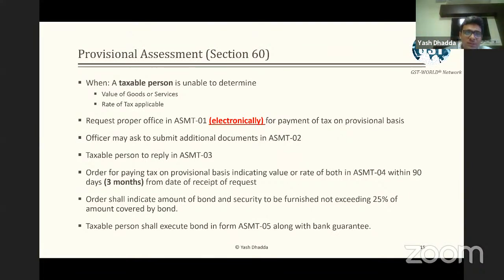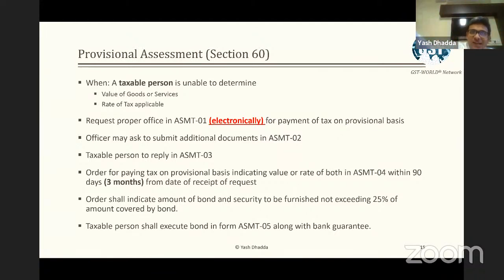Then they have this provisional assessment where they can go to the proper officer and make a request. There is a particular manner of filing the forms, whatever they want to propose. Let's say I say that my product is classifiable at 12% under this HSL, and I give my submission. Then I have to give 3 months' time to the proper officer to pass a provisional order,